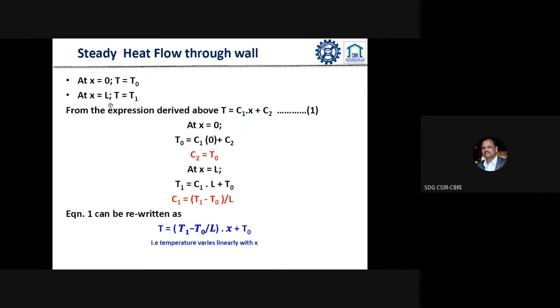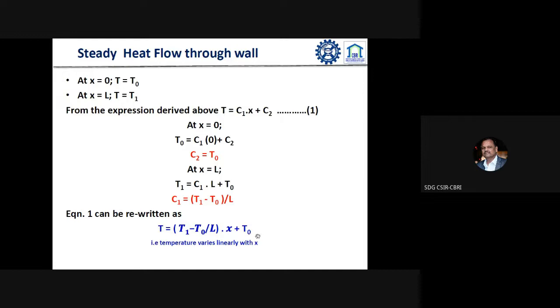That means at the outer layer, the temperature we consider as T naught, that is the outside temperature, and at x equal to L, L is nothing but the thickness of the envelope, with respect to that, T may be T1. So if we put this boundary condition into that particular equation, we get this equation. That is, after solving this, we get T is equal to (T1 minus T naught) divided by L into x